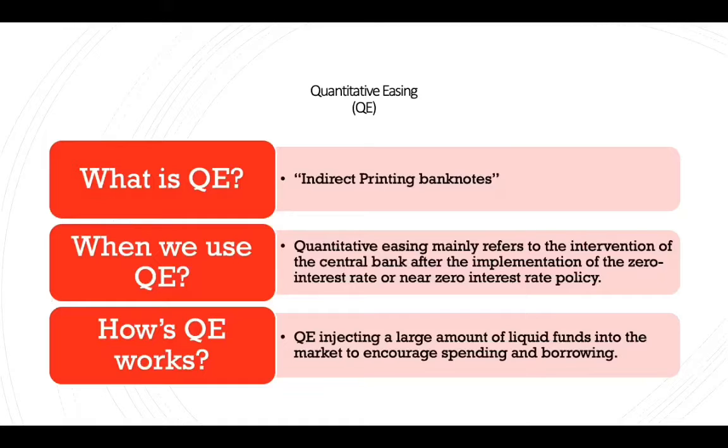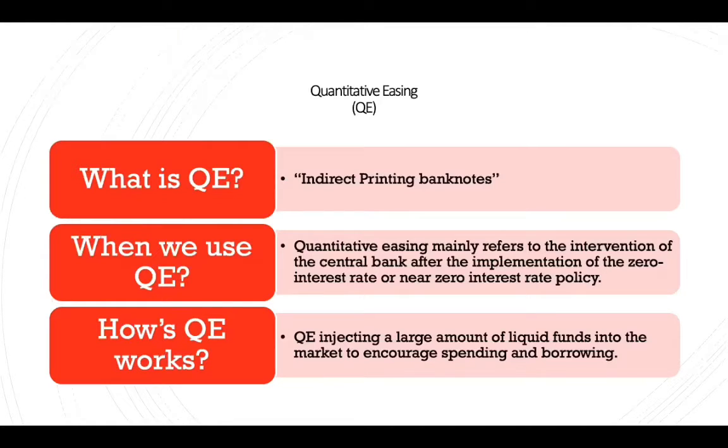The central bank purchases longer-term securities from the open market in order to increase the money supply and encourage lending and investment. Furthermore, when and why do we use QE? Quantitative easing refers to the intervention of the central bank after the implementation of a zero or near-zero interest rate policy, the start of multiple unconventional monetary policies including QE, in which target interest rates are no longer effective. QE increases the money supply by purchasing assets with newly created bank reserves in order to provide banks with more